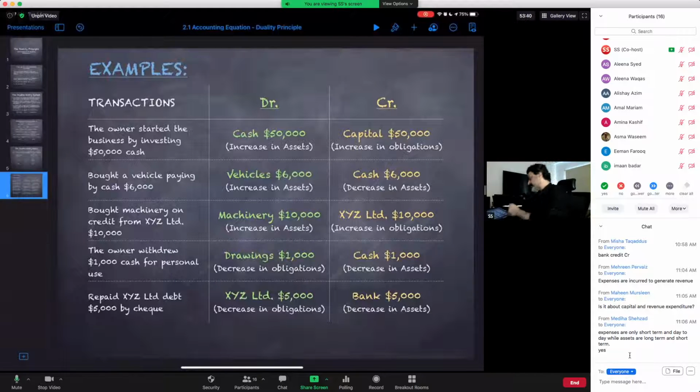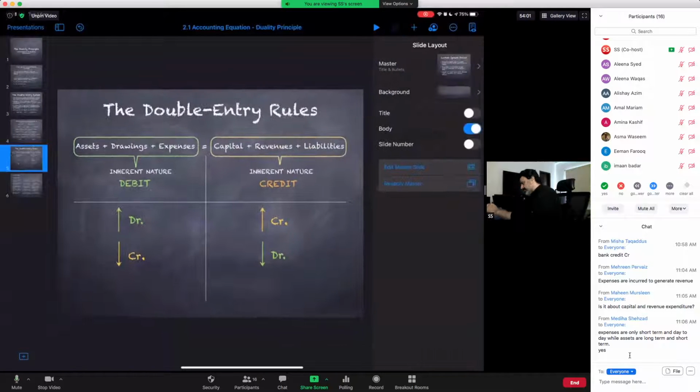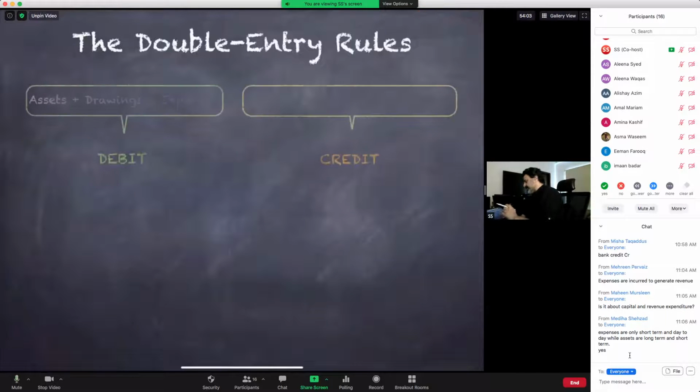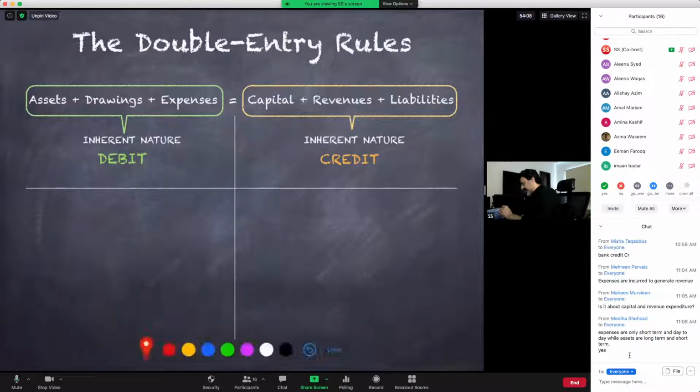Alina, the question you raised about expenses: the expenses are of 2 types. You are going to see it in chapter 11 of the book when we have that book, and I hope we all buy the book very soon. So when we go through that chapter, you see that expenses and assets and drawings, we know they share the same combination, debit. Why? Because all of these 3 activities end up